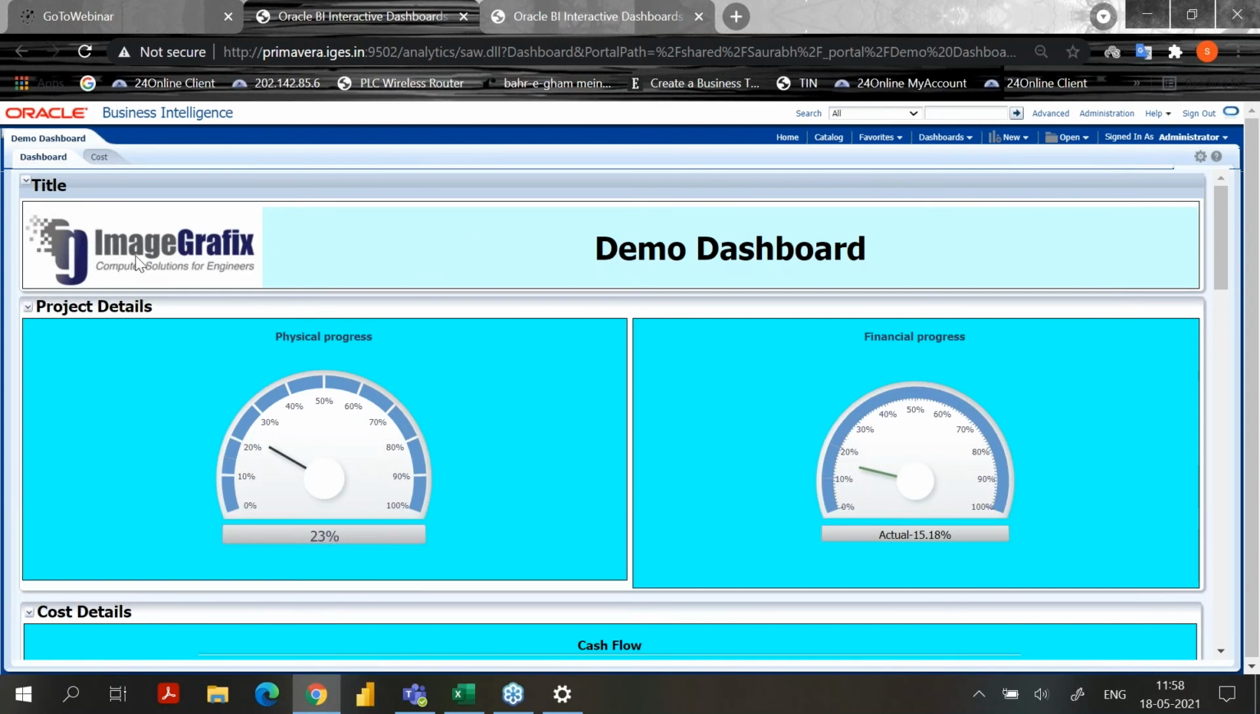So now I'm going to talk about this. In this title area, we can add the image of the company. We can write whatever we want. We can add current date and time also, if we require it as per the project. In this project details, this is basically called an analysis, and the combination of analyses we have created